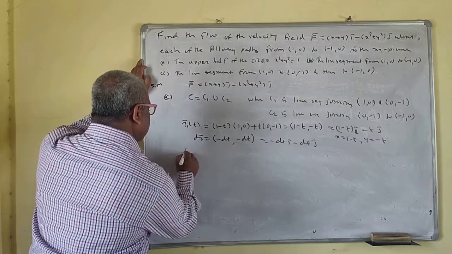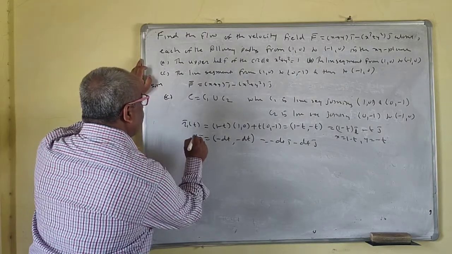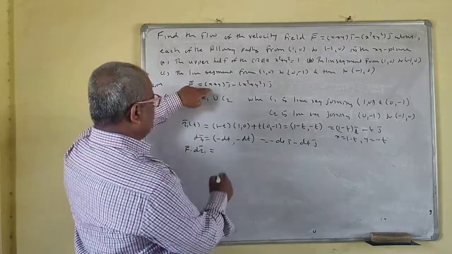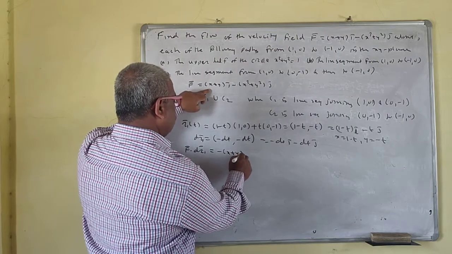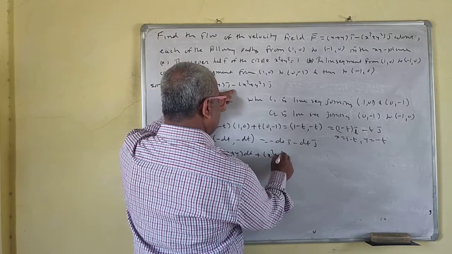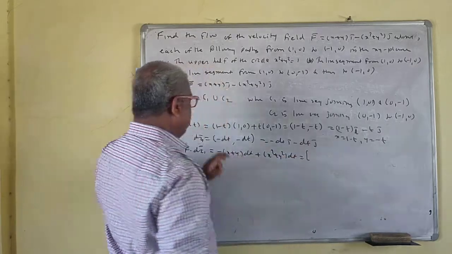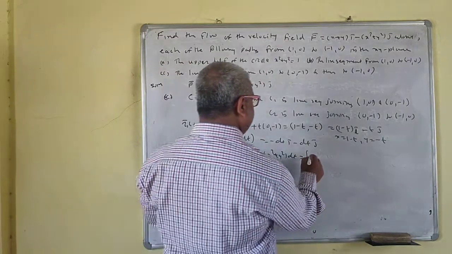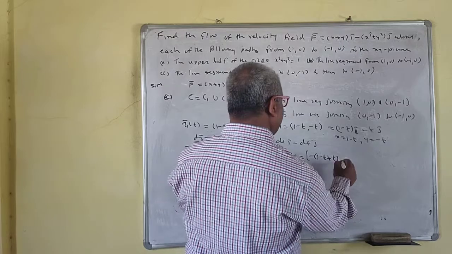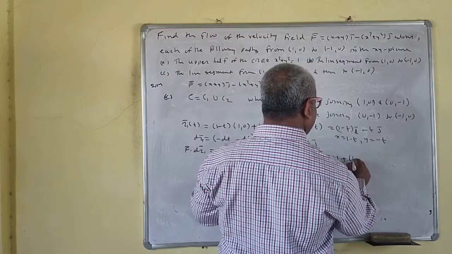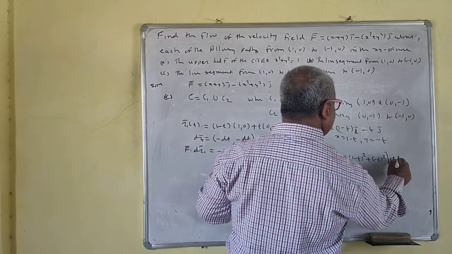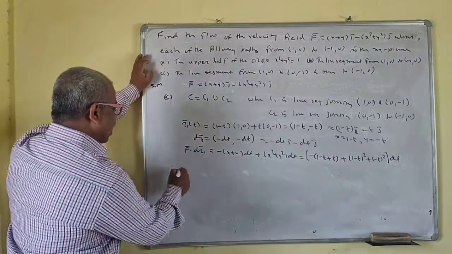Okay, so now f bar dot dr bar, we'll call this r1 bar, f bar dot. What is f bar? X plus y. Okay, so minus x plus y dt, minus minus become plus. So x plus y square dt. So we'll take the dt common, minus x is 1 minus t plus t, dt we are taking common, plus x square. So 1 minus t square plus minus t square. Okay, so dt.